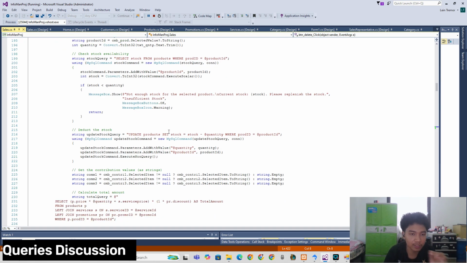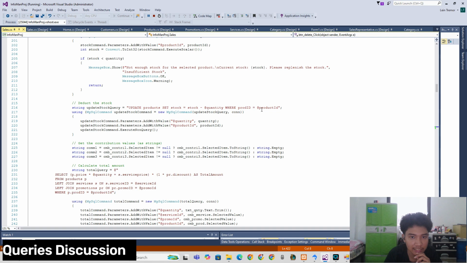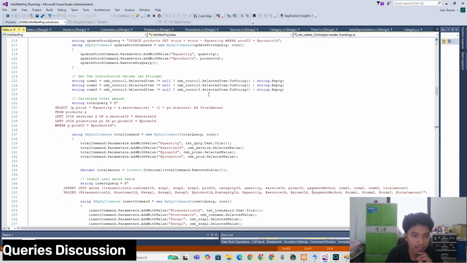So it will subtract any quantity that has been saved where a transaction has occurred. So here we updated the set stock, and it will also return the subtracted value. So here is the total query for the total amount.